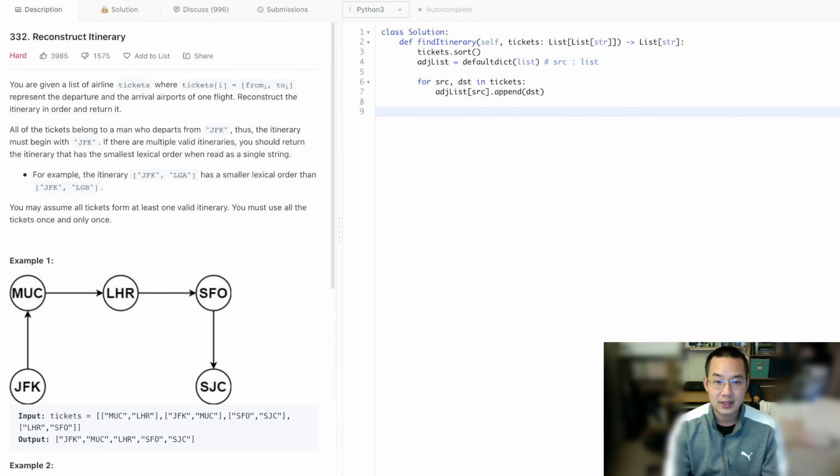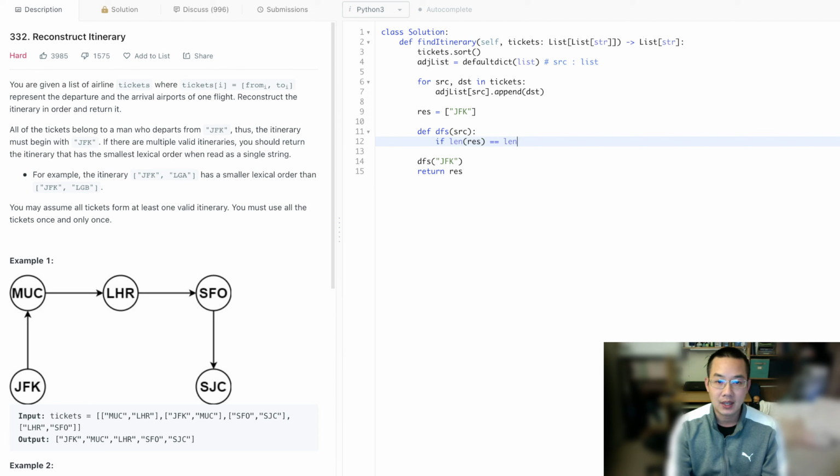Anyways, with that, let's start a result. Start with JFK, and let's move forward with running a DFS of JFK, and returning the result. Of course, we need to define our function, DFS, of our source, and yes. Whenever we define a recursive function, we have to define the base cases,